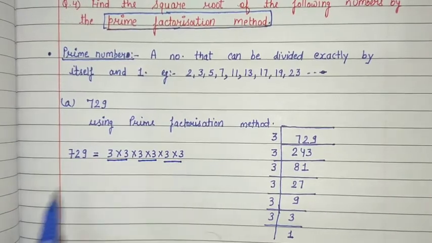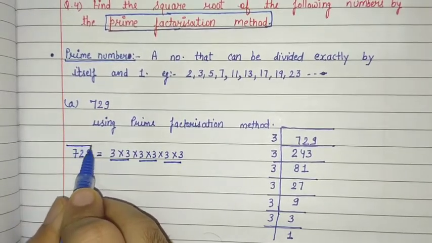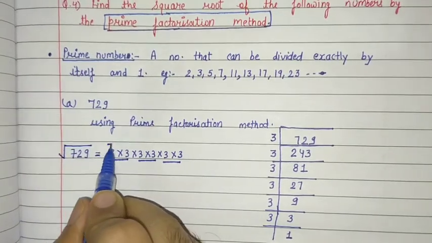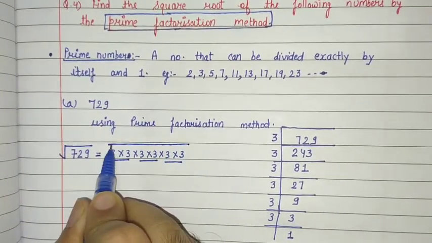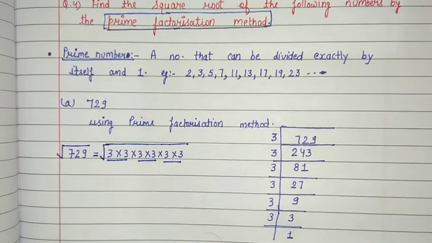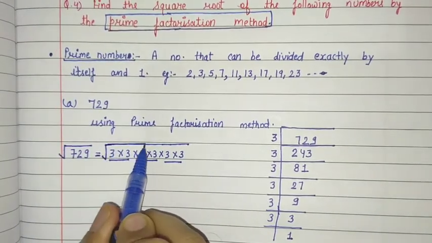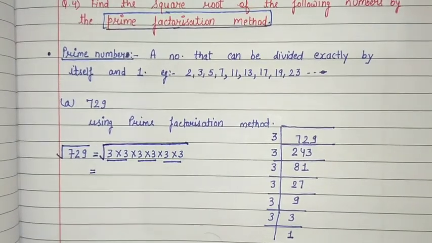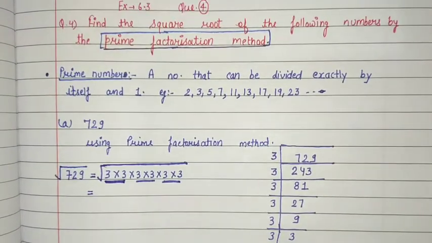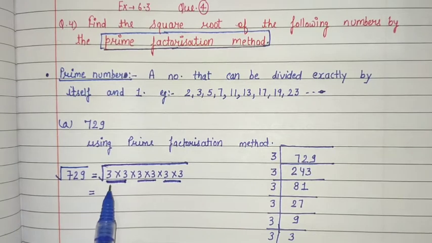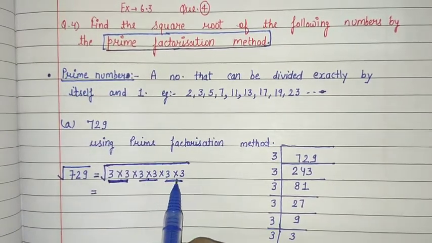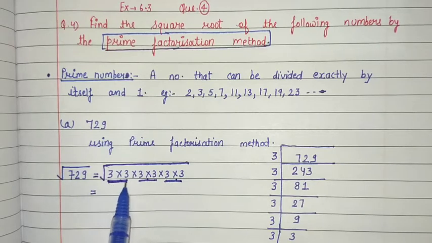And we also studied the sign of square root. This is the sign of square root, so you have to apply the sign here. Write all the factors in this sign. This is the sign of square root. Okay, now pairing done. We have made the pairs here, 1 pair, 2 pair, 3 pair. First thing we have to make the pairs.